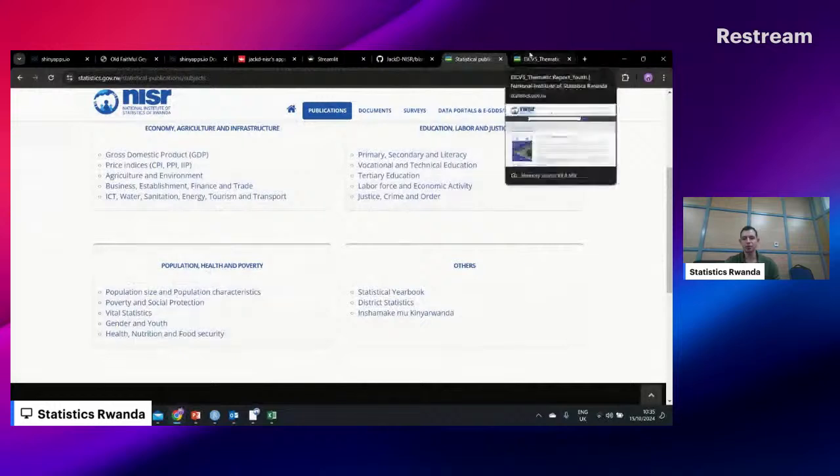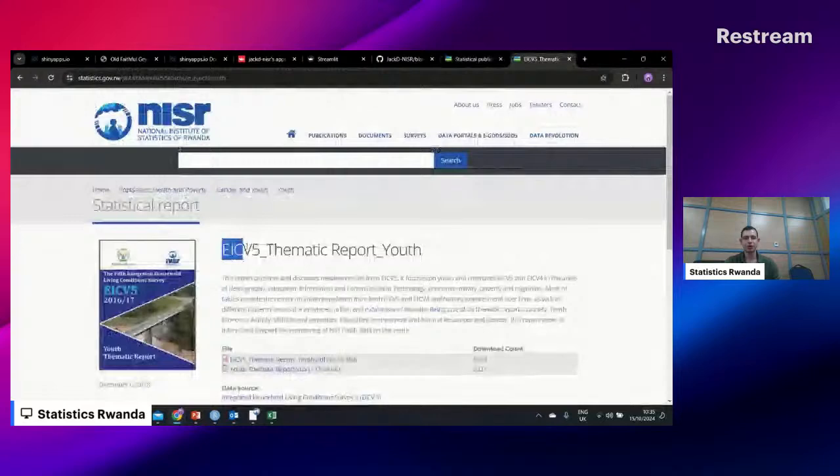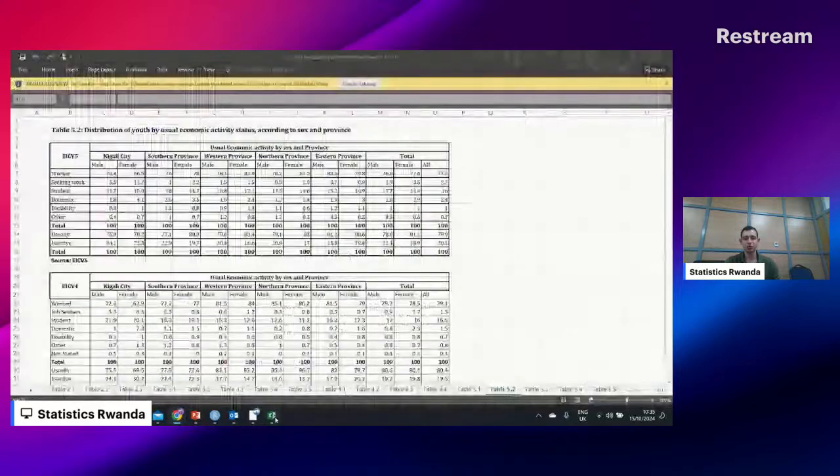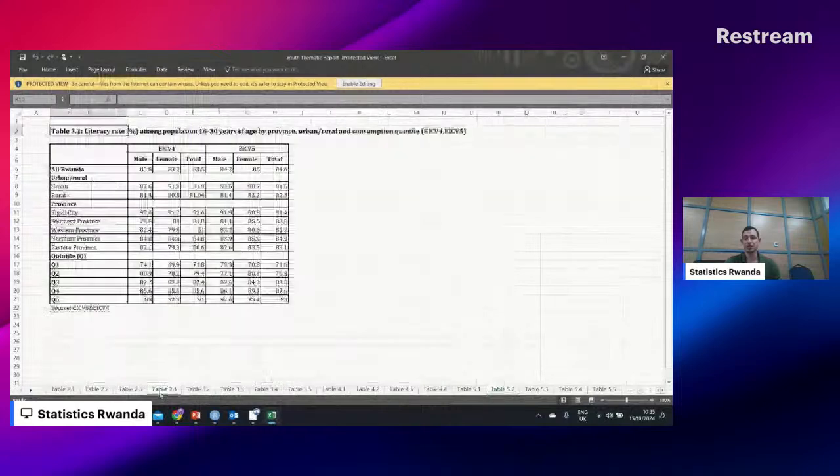One that I've brought out is the EICV thematic youth report, which has an associated Excel that has a bunch of information on youth across a number of different metrics that you could use to look at. Here we have their economic activity. There's a range of things that might be useful for you to talk about or use in your